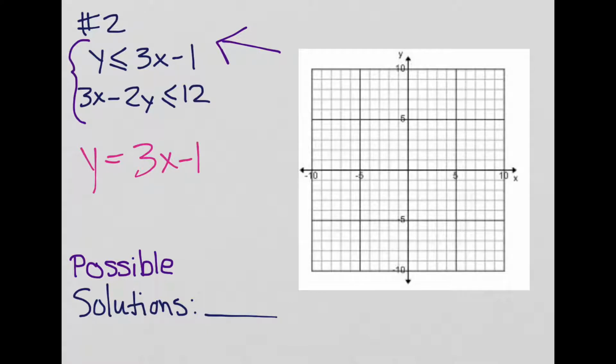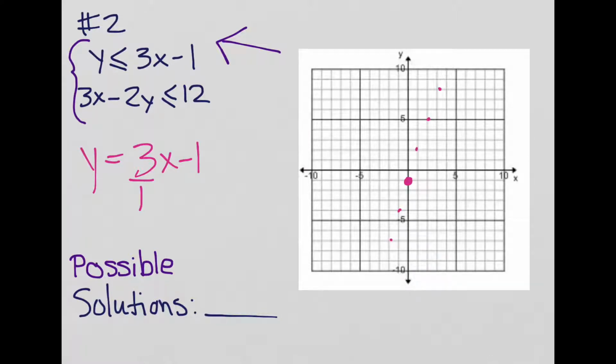3x minus 1. Negative 1 is my y-intercept, so I go on the y-axis and put a dot. Then, my slope is 3, but we like our slopes to be fractions, so 3 divided by 1 is still 3. That tells me I'm going to, from my point on the y-intercept, rise 3, run 1. Rise 3, run 1. You can keep going over and over again to help you get a little better idea